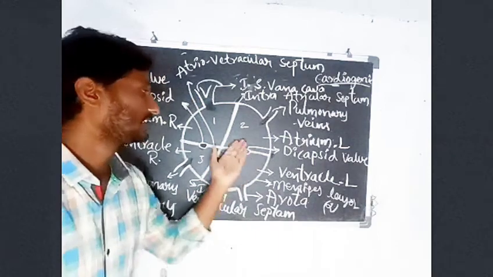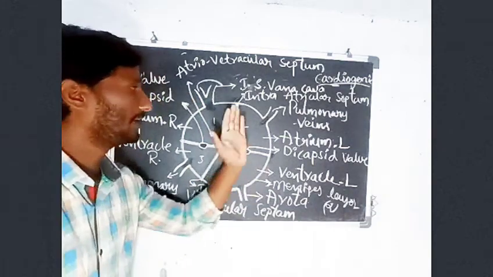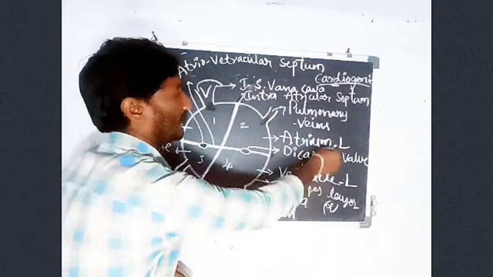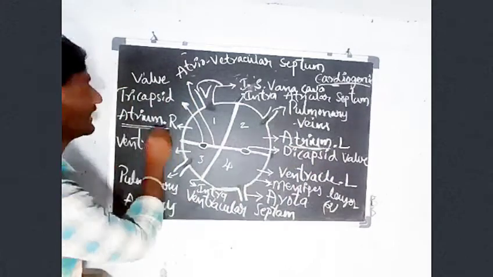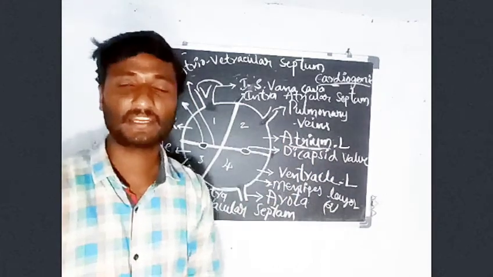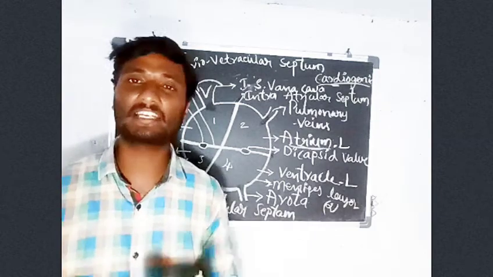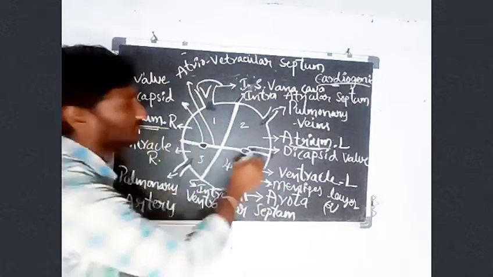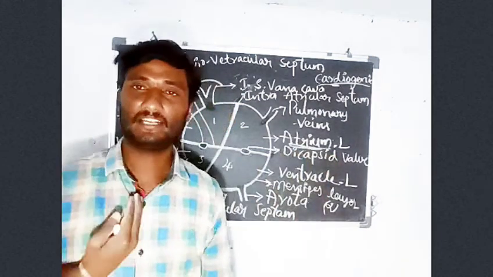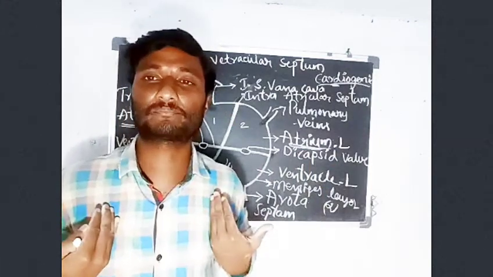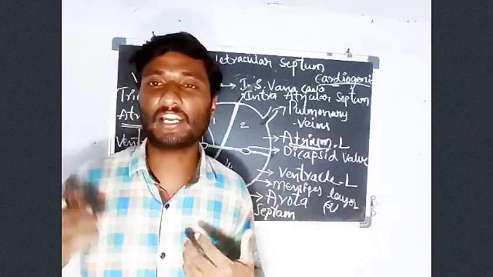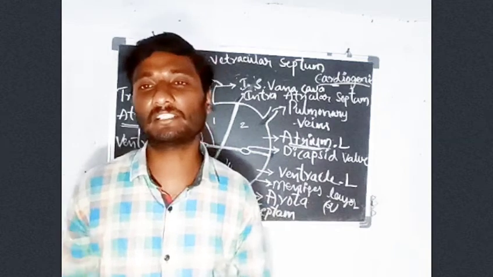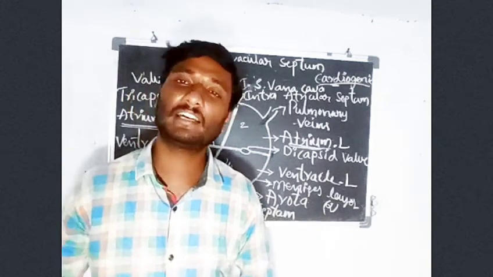Those are the upper part. Look there, the upper part chamber is called the atrium. The upper chambers are called atriums. Based on the places, atriums are divided into 2 types: the right atrium and the left atrium. One atrium is located on the left side, that's why we call it the left atrium. One atrium is located on the right side of the body, that's why we call it the right atrium.